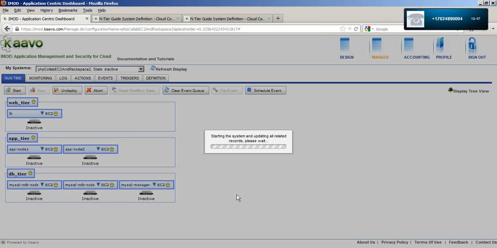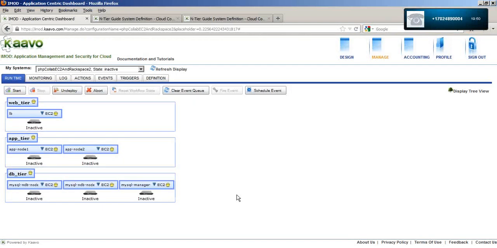by clicking on the start button here. The system is deploying in EC2 US East 1 region. But I could also deploy it in EC2 US West 1 or Rackspace very easily too. It is evident that the second use case, disaster recovery, can easily be performed by switching to an alternate cloud or region using the same method described here. This is how a user can use a multi-cloud template.